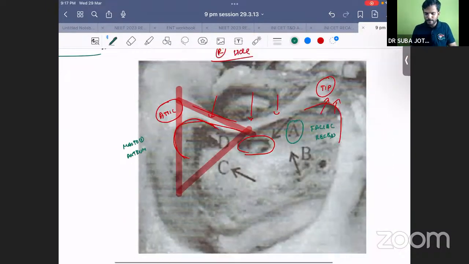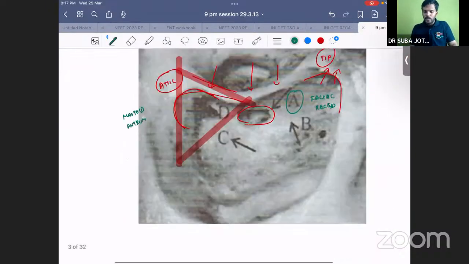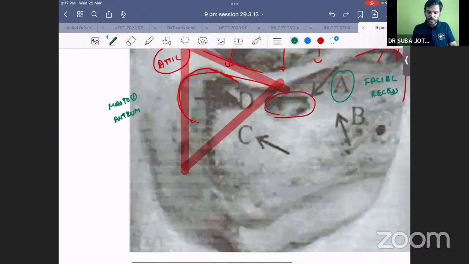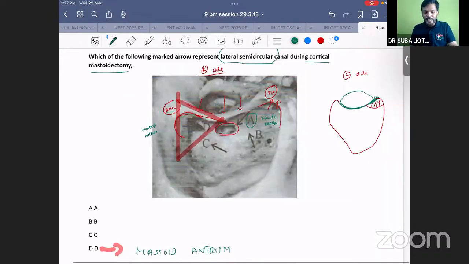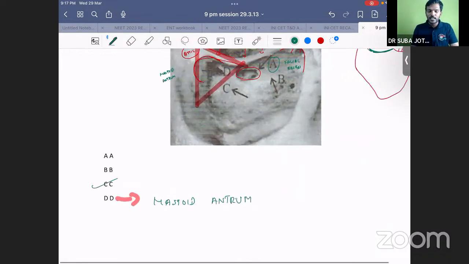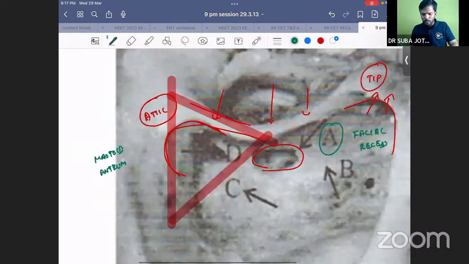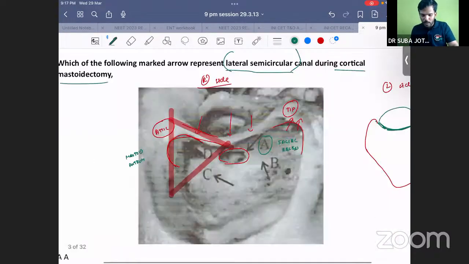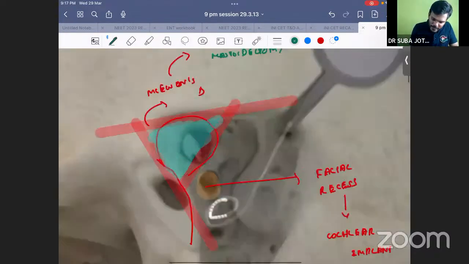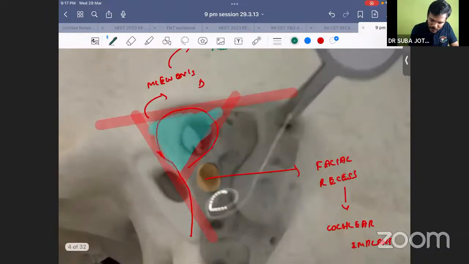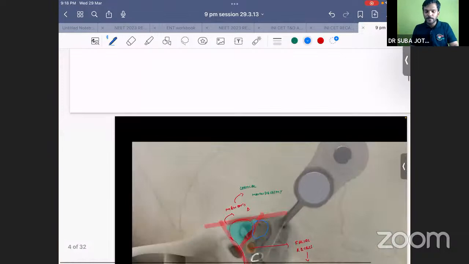Clear? Fine. Now, the C over here is our lateral semicircular canal. So here, now I'll again give you an important clue. So here you could see the lateral semicircular canal over here. So this lateral semicircular canal,